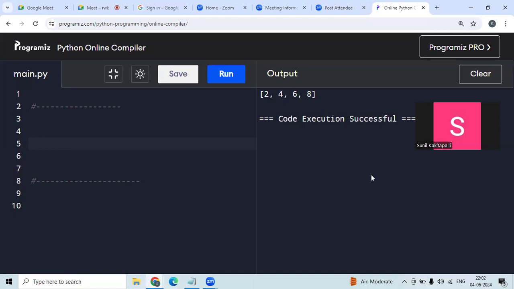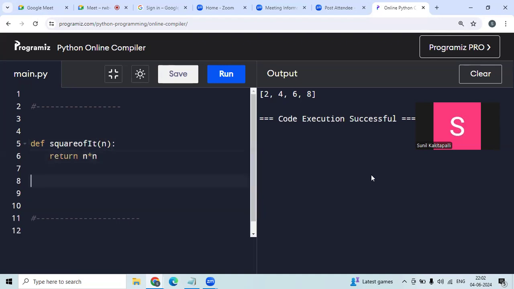Guys, now we'll see, suppose there is a list. I want every number in the list to be squared. How do I write it? First we will define a normal function. Return n into n, that's correct. So we will have l equal to 1, 2,